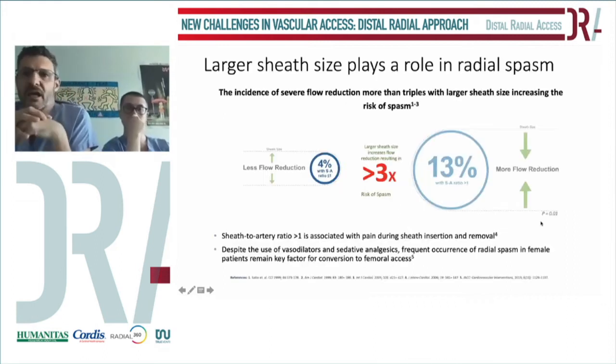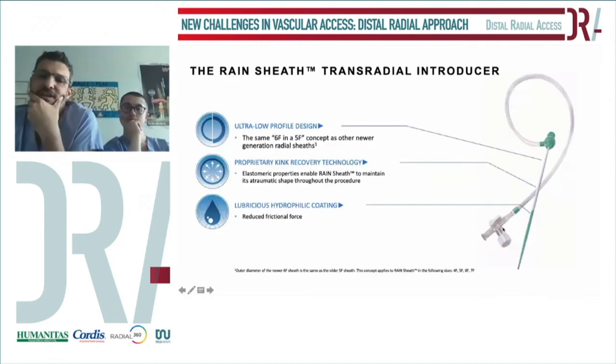So the large bore sheath plays an important role in terms of radial spasm. If we work on reduction of the outer diameter, we can reduce the problem of radial spasm. For this reason, the technologies from Rain sheet help us because of the reduction of the profile,